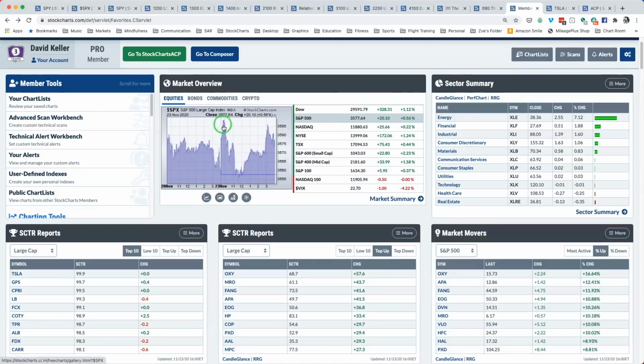Really moved up out of the open, sold off to flat midday, and then rallied into the close. So up about 0.5% overall, 35.77 and change. The mid-cap index up even more. Small caps were the big gainer today, up over 2%. So this is continuing this pattern of small over large, of cyclicals over defensives. This has been a pattern we've seen evolving in the last couple of weeks plus, and we're continuing to see